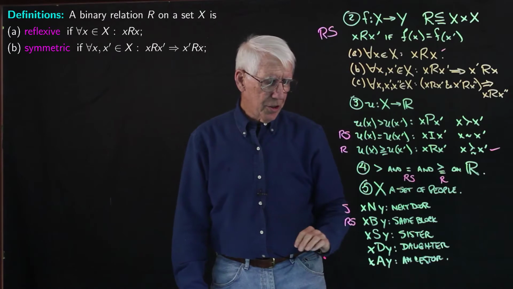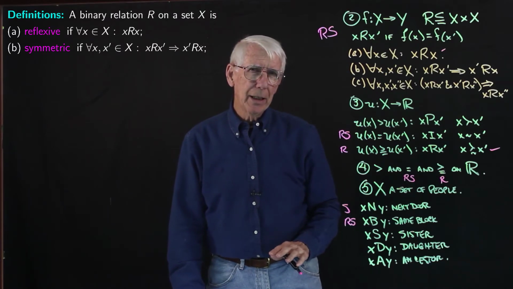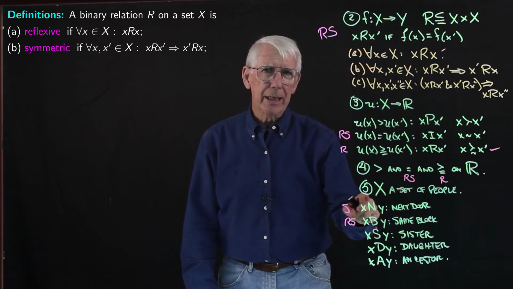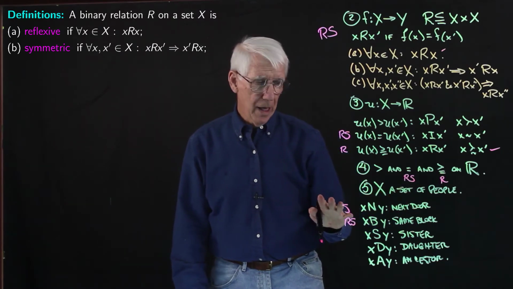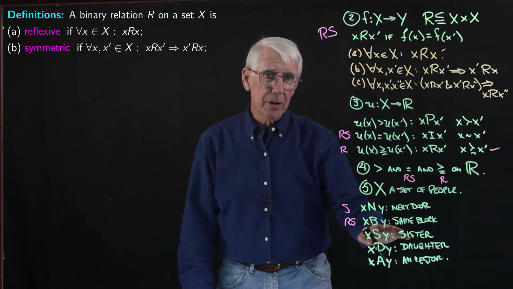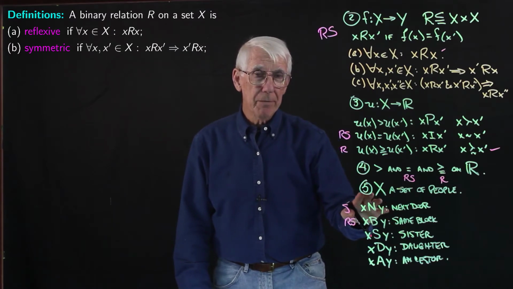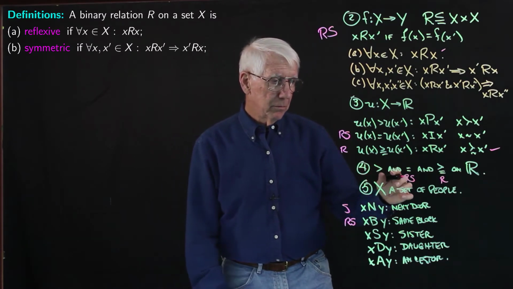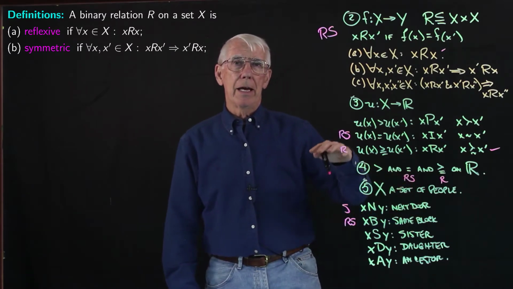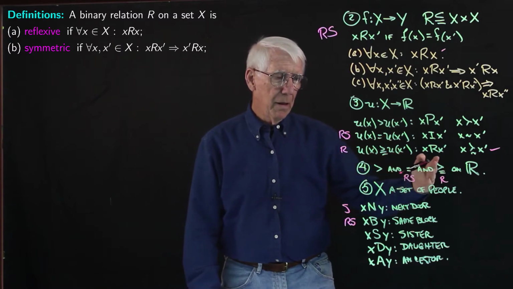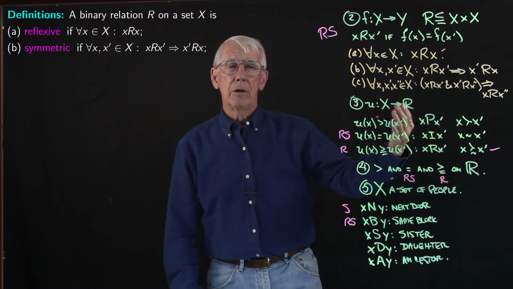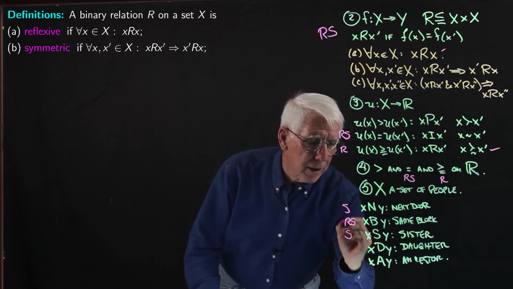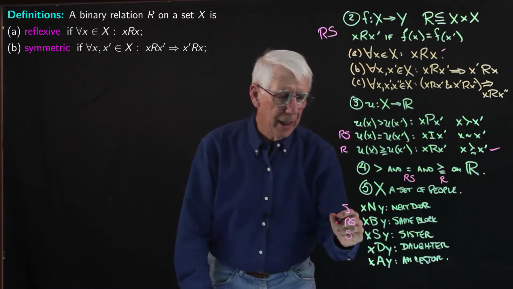Being a sister to someone, well, is that symmetric? Well, if all of the people in capital X are female, then being a sister to someone in X would be symmetric. If my daughter has a sister, then that daughter is also a sister of hers. So this would be symmetric, but it would only be symmetric if